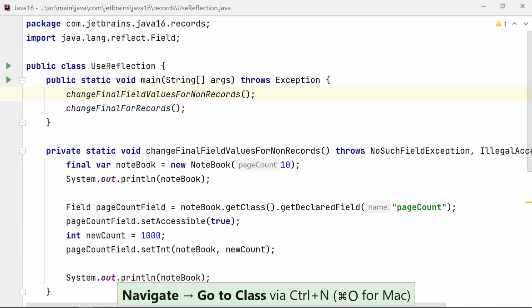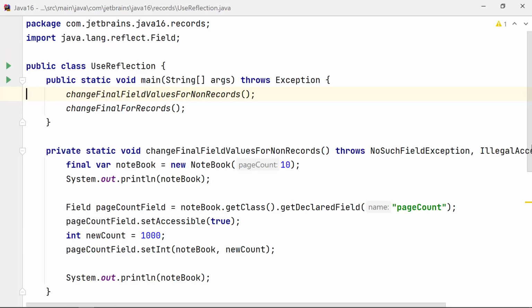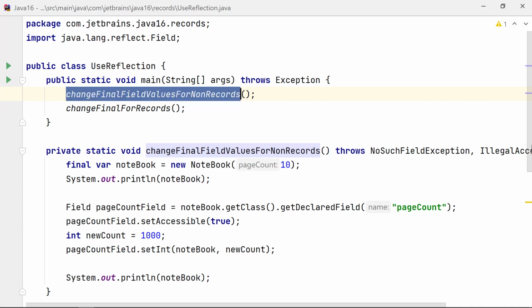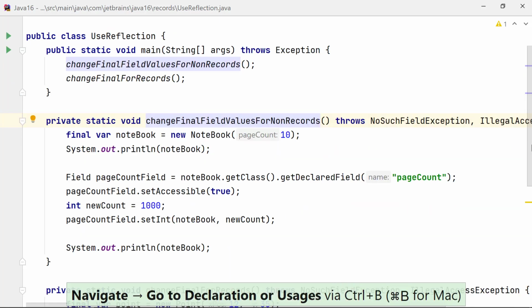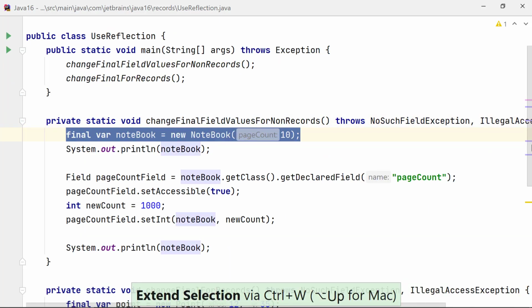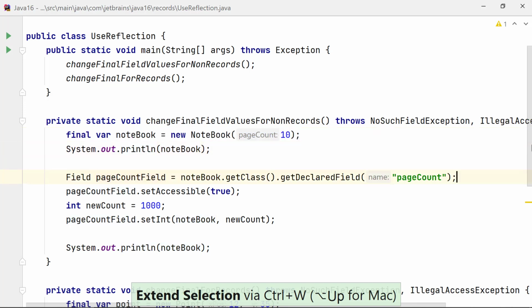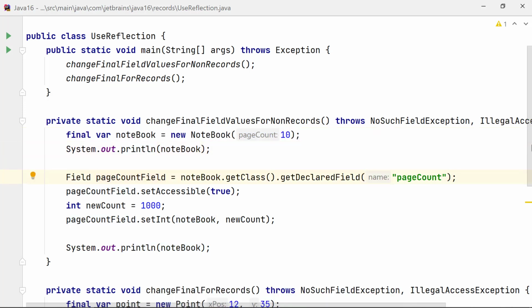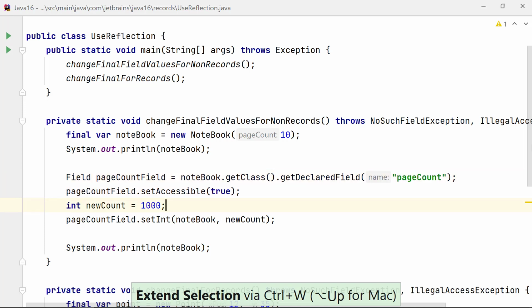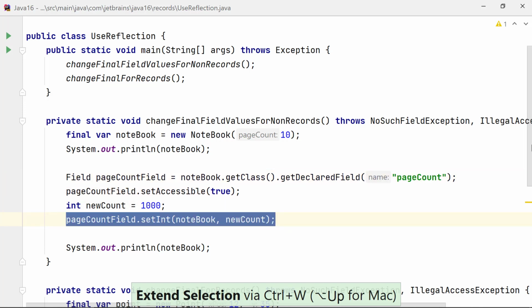Class UseReflection defines the method changeFinalFieldValues for non-records, which instantiates Notebook, a regular class, and accesses its field pageCount, which is defined as private and final in class Notebook. It then tries to modify the pageCount value for the instance Notebook.